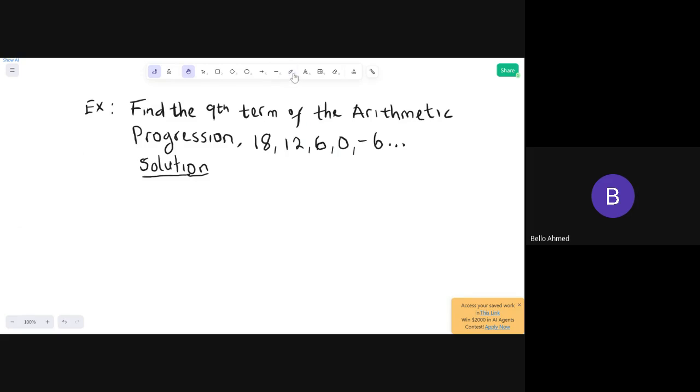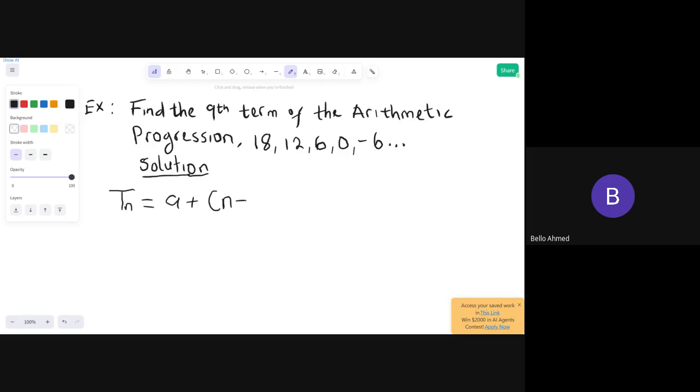So now we are going to write the formula for finding the nth term of an arithmetic progression, because the question says find the ninth term of the arithmetic progression. So I'm going to write the formula first, and then we can continue from there. The formula for finding the nth term of an arithmetic progression is Tn equals A plus (n minus 1)